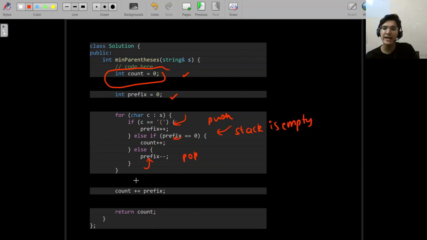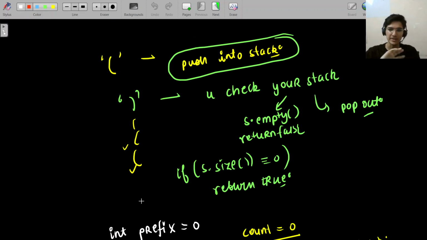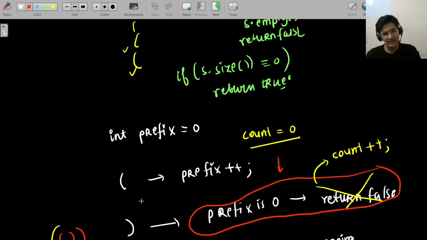And at the end, whatever extra opening brackets remain, you just add to the count, and finally your job is done, right? So I hope you understood the entire intuition. First, I explained the intuition, that this is the elegant solution I prepared. You can do it with the stack as well, but this is easier, better, more efficient, O(1) space